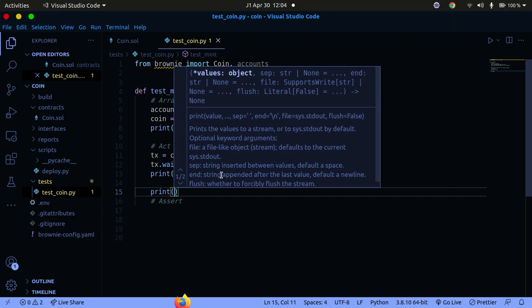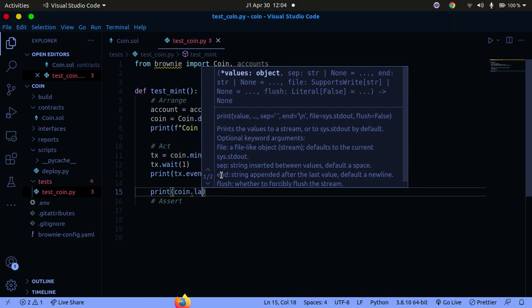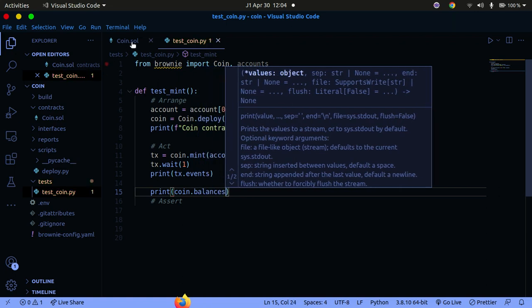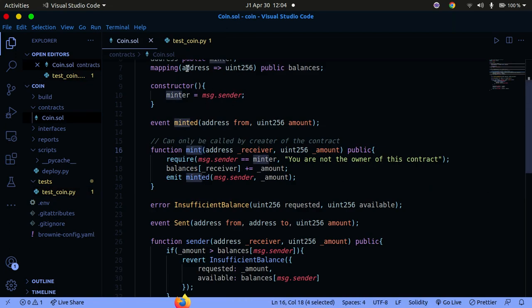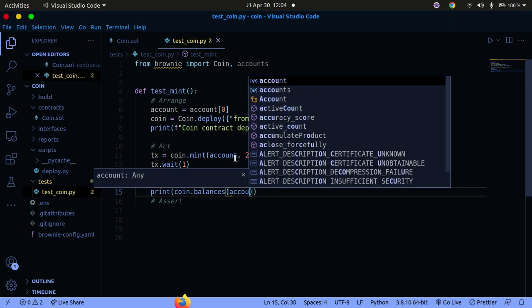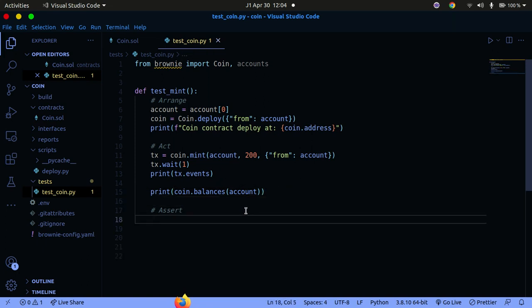So it's going to be coin dot balances. It's called balances, and if you look here, you have the balances right here, and it's public, so you can access it from here. We are going to check the balances of our account, which is just the account that we have here. And finally we're going to have the assert statement. The assert should basically return a true or a false. So we're going to say assert, and we're going to simply say coin dot balances